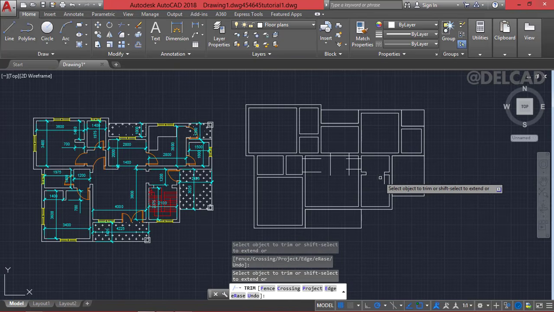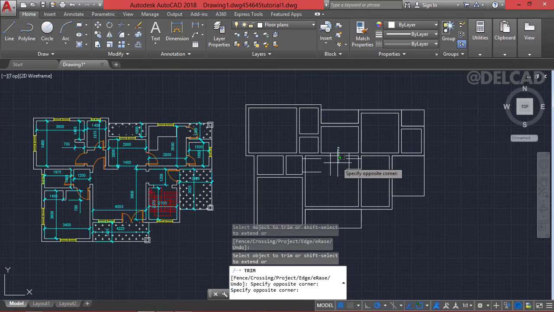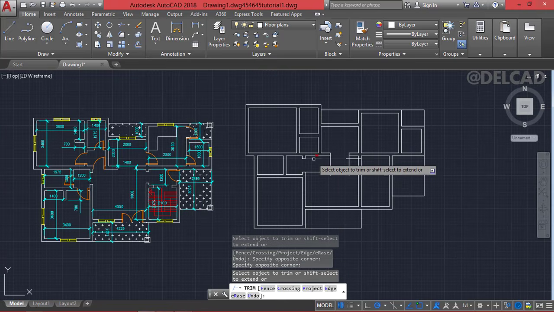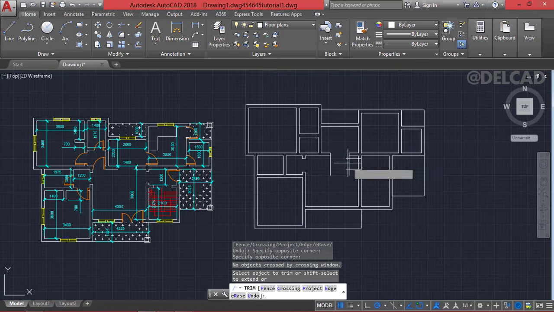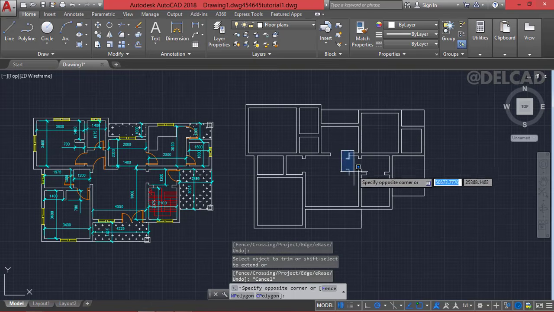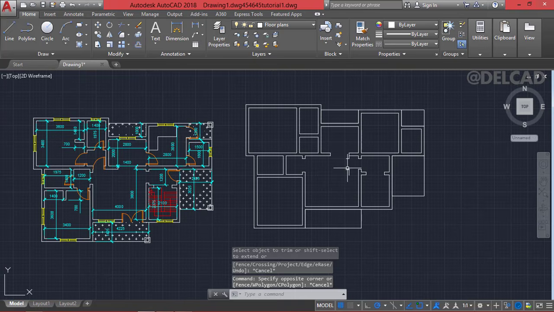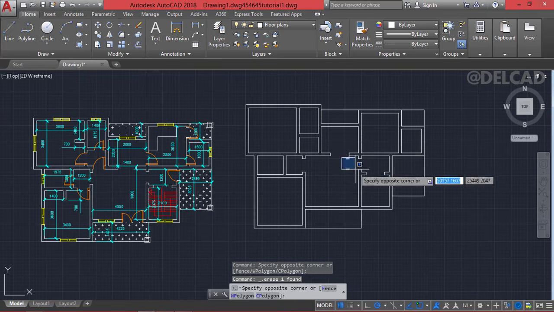so that we can activate the trim. Now we can trim all of this part. We don't want this, and then we have these lines trimmed out neatly. So make sure you do the trimming properly so that you have a neat drawing. So I'm going to trim, and then after that I can erase some of the lines in this drawing